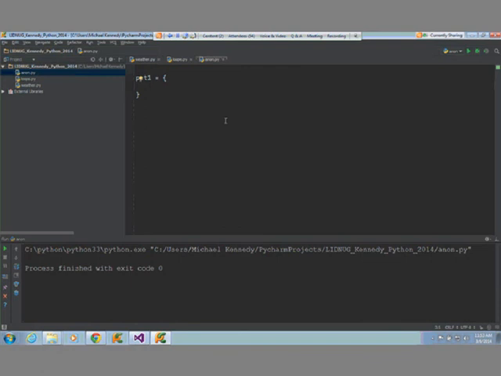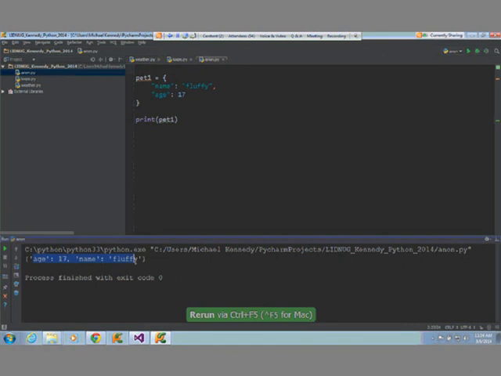You could say there's this dictionary that has a name, and the name is going to be Fluffy with an L, and its age, it's very JSON JavaScript-y feeling, yes? Is going to be 17. That's an old Fluffy. I could print out pet1. So if I run this, you can see there's this name and age. And this looks almost identical to the output from C# when you print out its anonymous types as well.